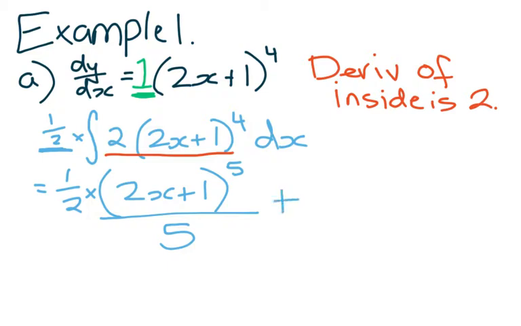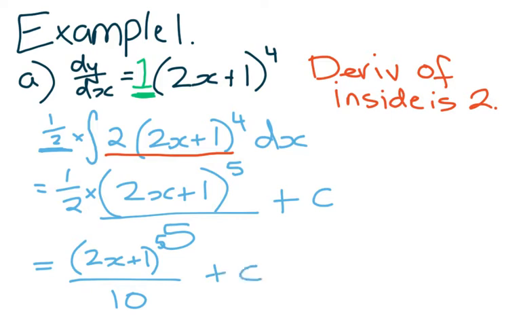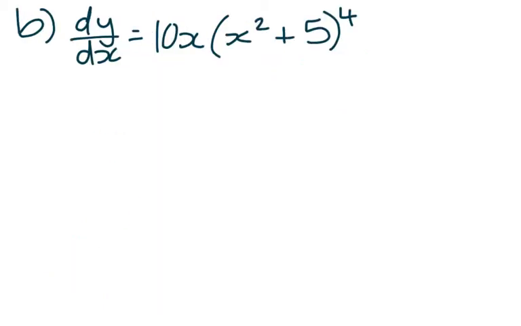And of course, we have to write plus c. So then what we're going to end up with is, if we multiply this whole fraction here by a half, we'll end up with (2x plus 1) to the power of 5 over 10 plus c as our integrated function of that original derivative. Our second example for integration is we've got dy by dx equals 10x(x squared